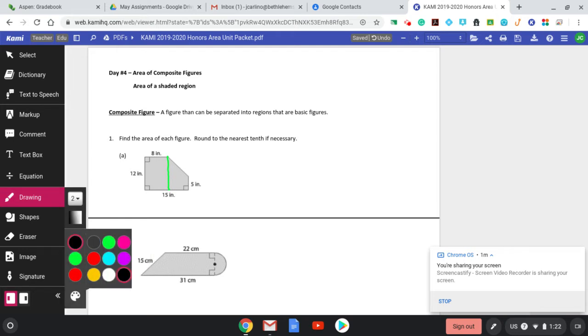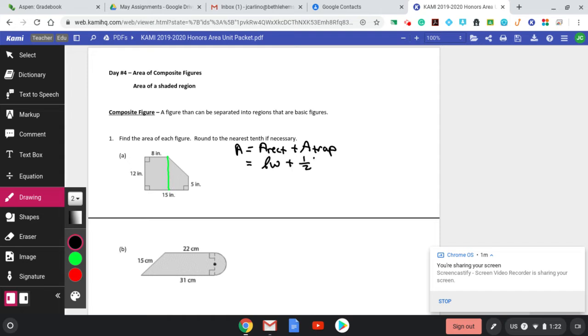So what I'm going to do here, I'm going to leave my green line right there. And the area of this whole thing is going to be the area of the rectangle plus the area of the trapezoid. Going through our formulas again, I got length times width plus 1/2 height, base 1 plus base 2. Here we go. Rectangle, I know I got 12 by, now look, if that part's 8, this part is 8, which means the rest of it here is 7. That green line I just put in has to be 12. So let's continue on. The rectangle is 12 by 8